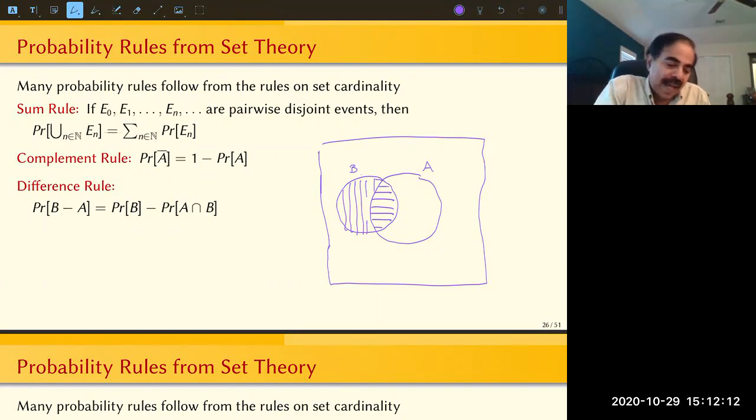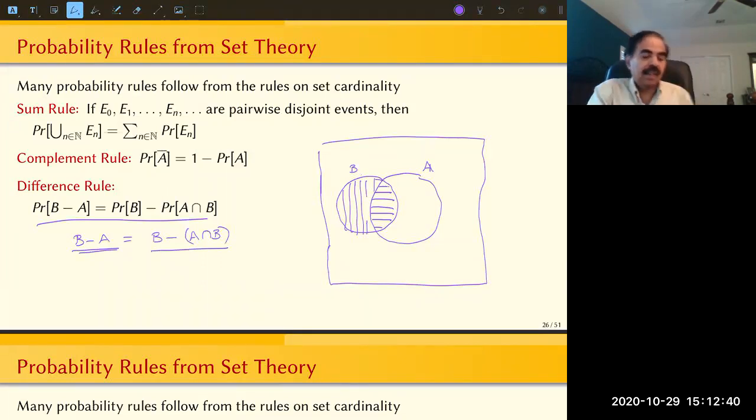So we can see that B minus A from the Venn diagram is the same as B minus A intersection B, right? So it's easy to see why this rule follows, because B minus A is simply B minus A intersection B,